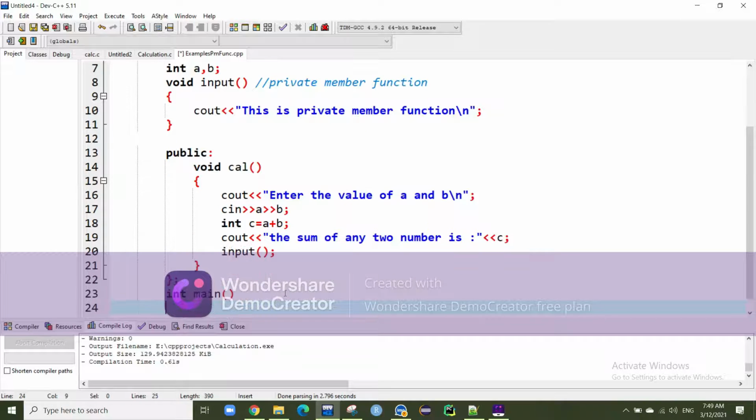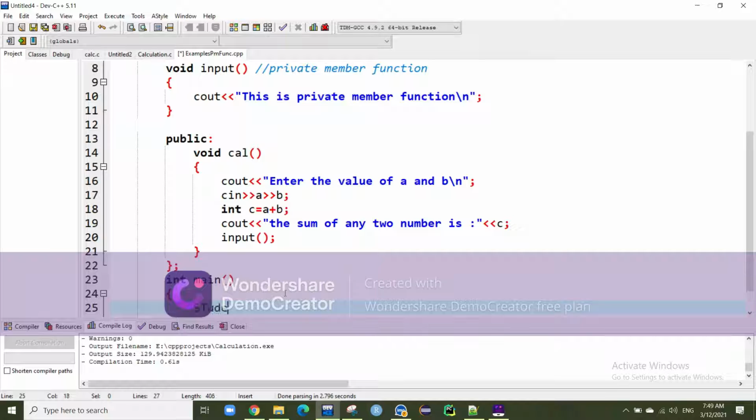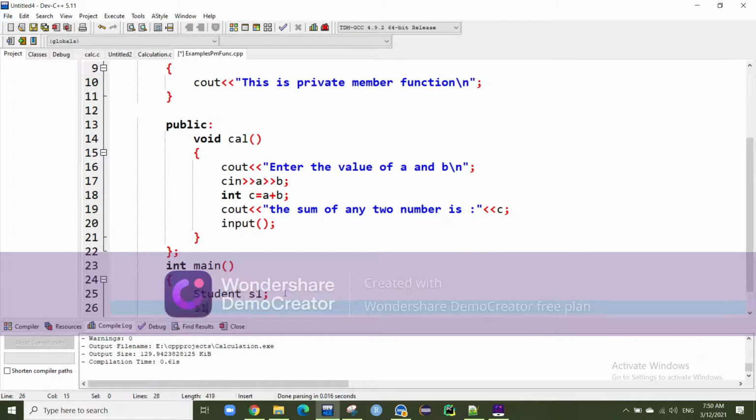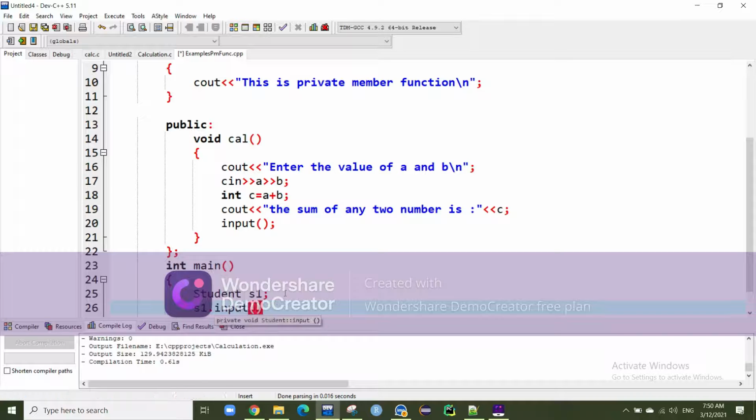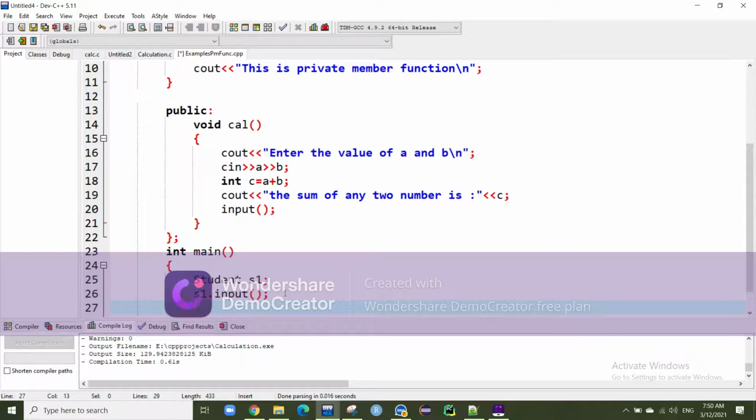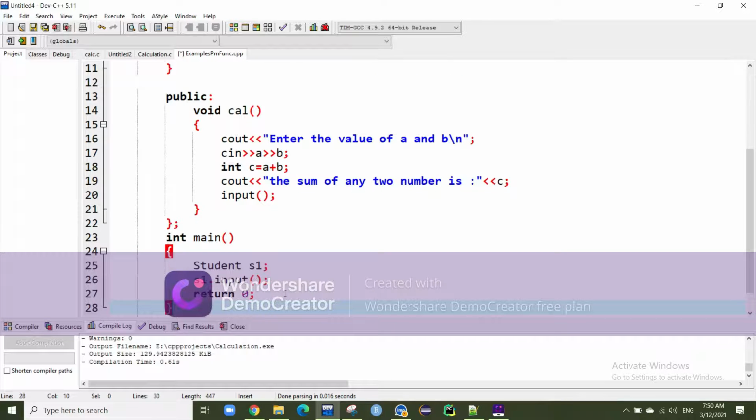Now I'm going to create my class object of student. My class name is this, and I can create any object. S1 is my object, then s1 dot. If I call input, what will happen? Let me see what errors we get. Then we'll go with return 0 and close. I have one more method, s1 dot cal, and I'm calling that one.